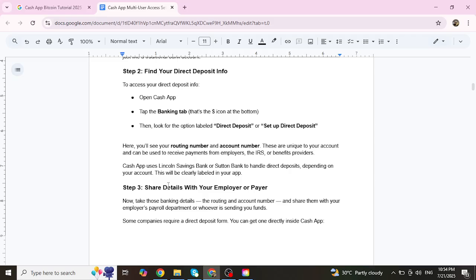Step 3. Share your details with your employer or payer. Now take those banking details, the routing and account number, and share them with your employer's payroll department or whoever is sending you funds. Some companies require a direct deposit form. You can get one directly inside Cash App,